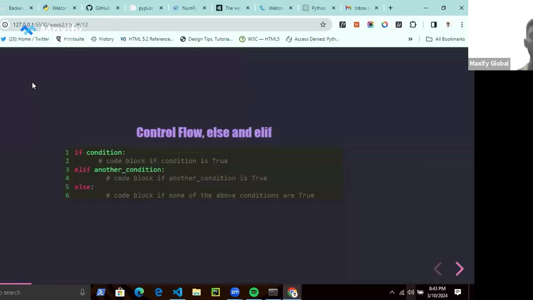Next, we have elif and else. So this is another type of conditional statement that uses more keywords, the elif keyword and then the else keyword. If the if condition is true, it runs. If it's false, another block of code will run.